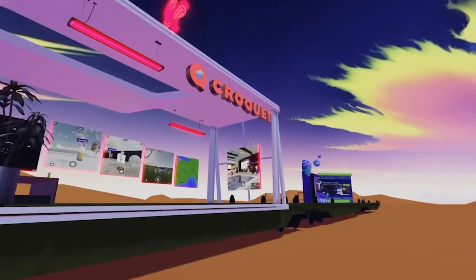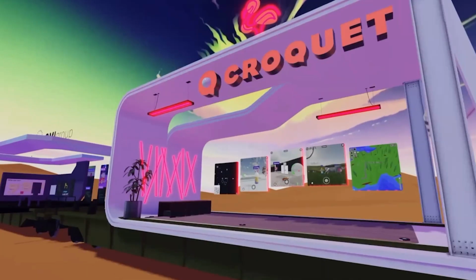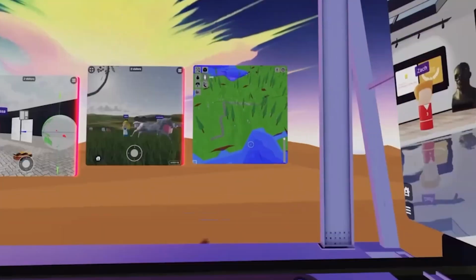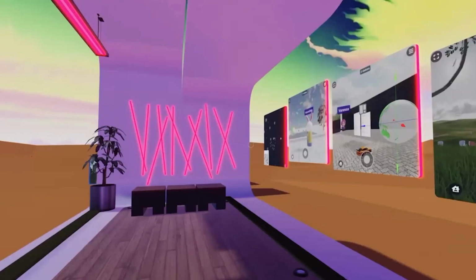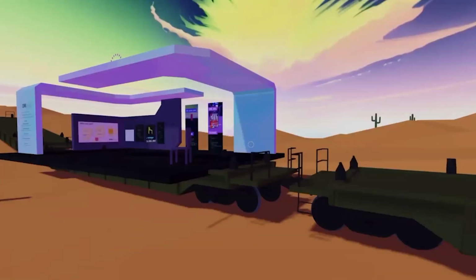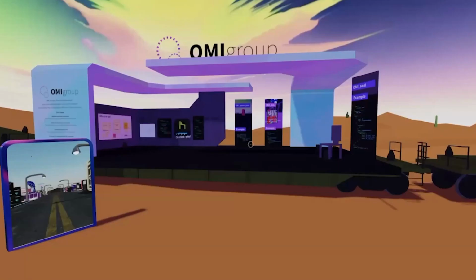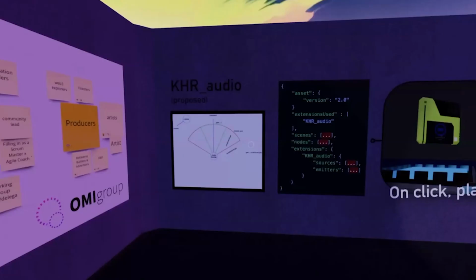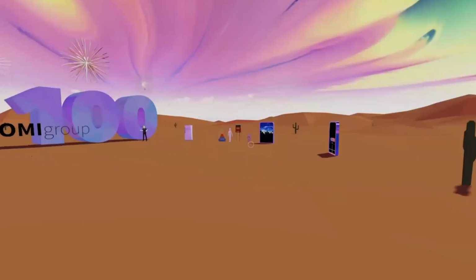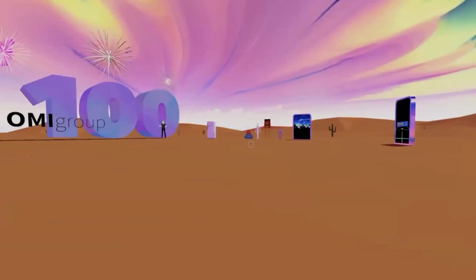But yeah, here's some other folks who got Croquet as part of OMI, and they have a really cool product, a social WebXR platform. And then over here we've got the OMI Group booth. This booth is our kind of traveling version of this presentation that I'm giving, that has very simple diagrams so people can understand how these extensions work. But yeah, let's go ahead and go back to the presentations.